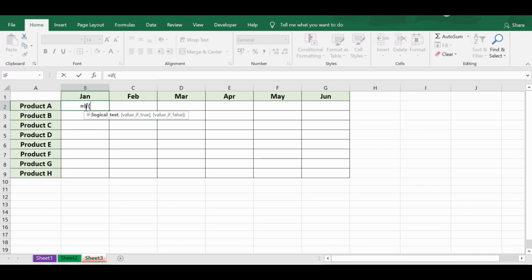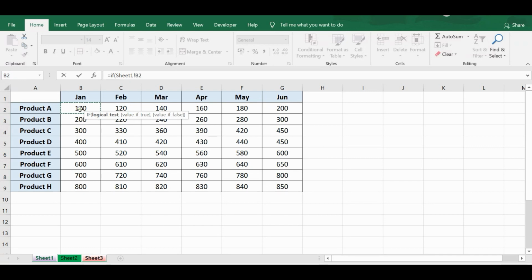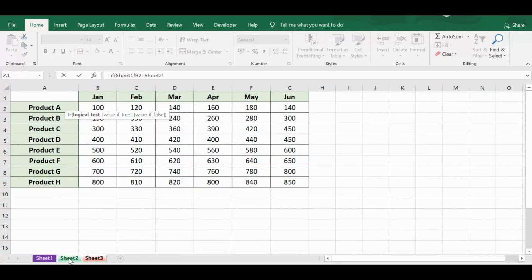equal to IF, and then again I will select sheet 1, cell B2 is equal to, and then I will go to sheet 2, select B2. So if cell B2 from sheet 1 and sheet 2 are equal, then what do I want?